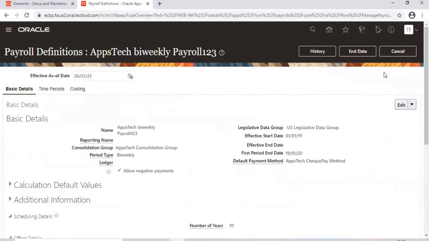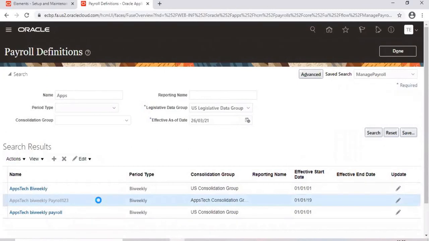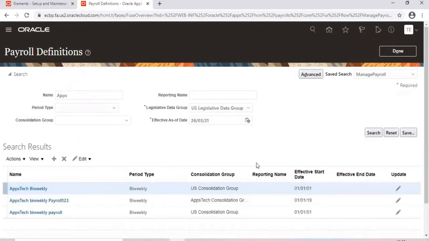No, this is not our payroll, right? This one only. Yeah, this one only. Okay, fine. Sorry, this one only. 2019. Yeah. So you cannot change the effective date here from 1/1/2019. You cannot modify this date. So when you are defining your effective start date, you cannot modify that.